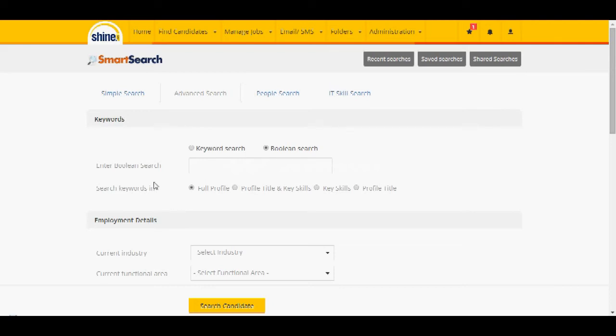Interestingly, this section also has a search keywords in section which has 4 values: full profile, profile title and key skills, key skills and profile title. So basically what this means is that whatever keywords I mention here, so let's say I mention an exact phrase, product manager, right? And if this is selected to full profile and I do a search,